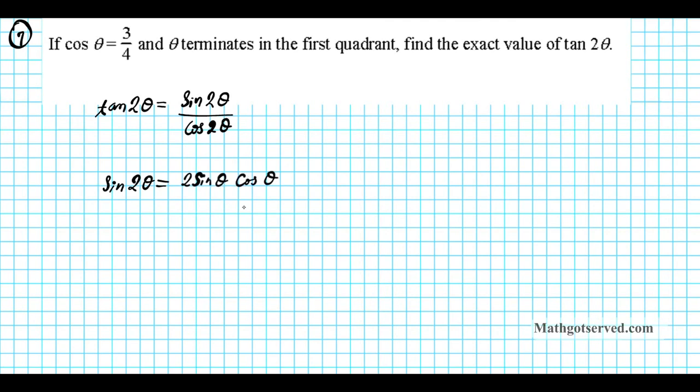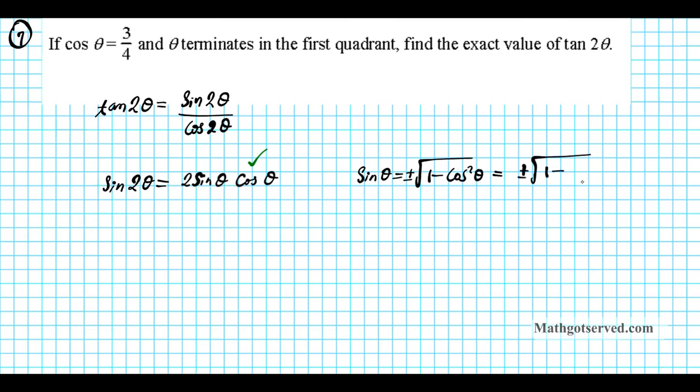For this one, we already know what cosine theta is. Cosine theta is 3 over 4. So what is sine theta? Can we find it? The answer is absolutely. If we know cosine, we can find sine using the Pythagorean identity. So we can use the identity sine theta equals plus or minus the square root of 1 minus cosine square theta. So plus or minus the square root of 1 minus cosine, which is 3 over 4,